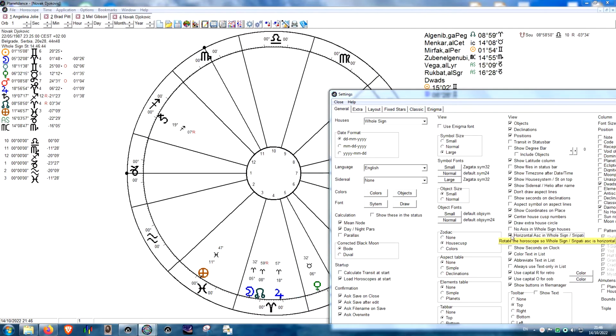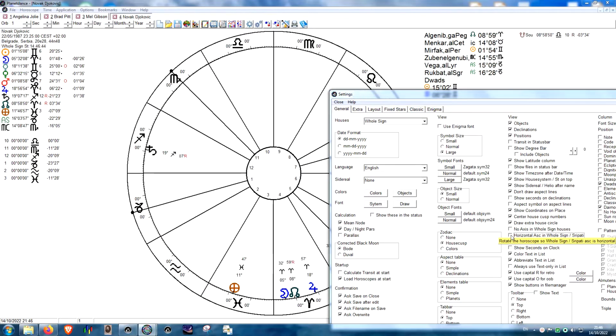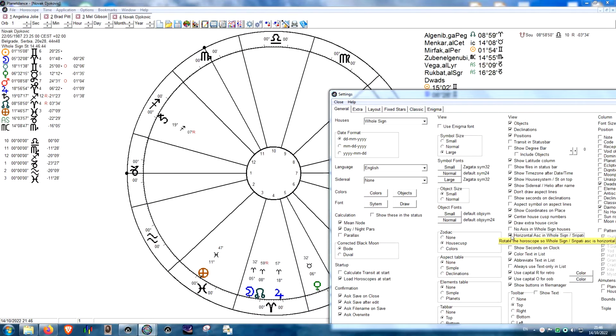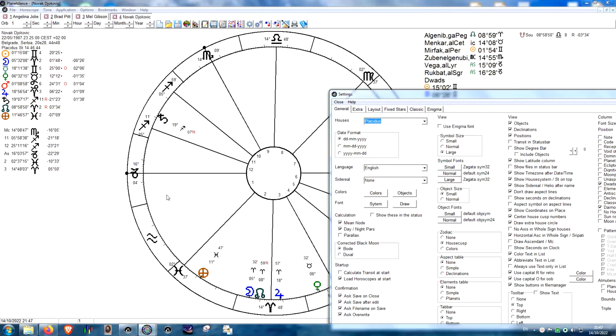Horizontal ascendant, let's see this. Yes, I want that in whole sign houses. Draw ascendant midheaven. I want this. You will need this for whole sign houses. But if you're not using whole sign houses, we don't need to see the ascendant and the midheaven twice. So as it is here,